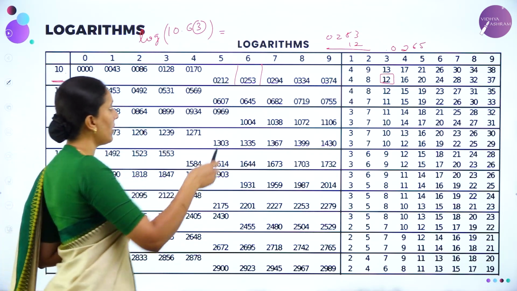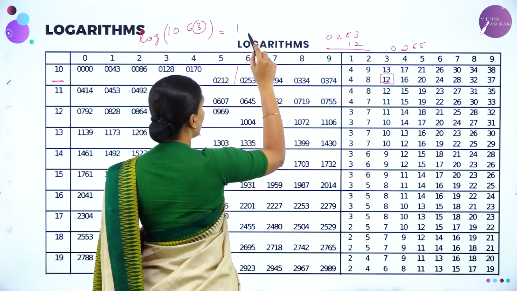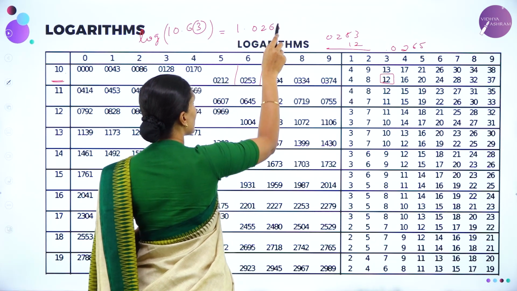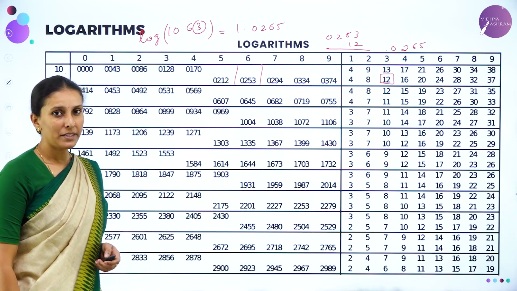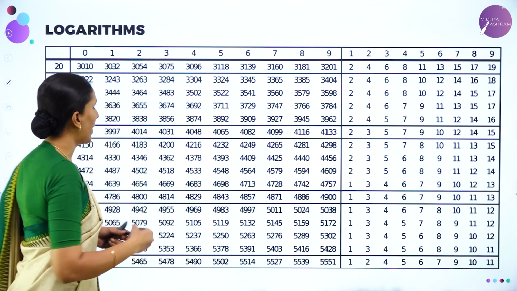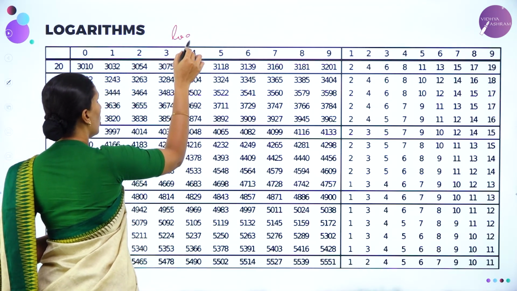So 2 minus 1, 1 is the value and mantissa will be 0 to 6y. Let me take one more example. Let me find the value of log of